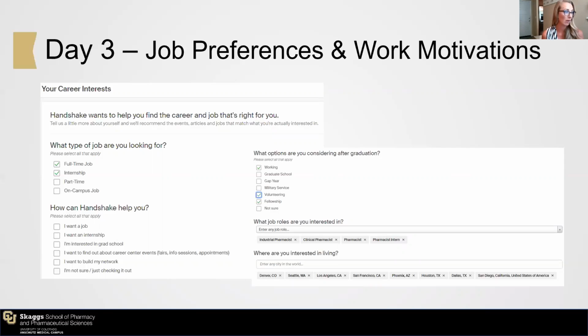Are you looking for part-time? What does that look like? How can Handshake help you? So are you really open to volunteer opportunities? Are you looking for that internship? Do you just want to build your network? Is that maybe something that you're looking for and not necessarily even jobs at this point? So you can identify the ways in which you're going to use Handshake so that they can send you information